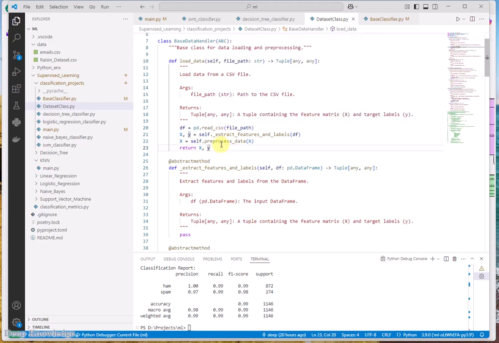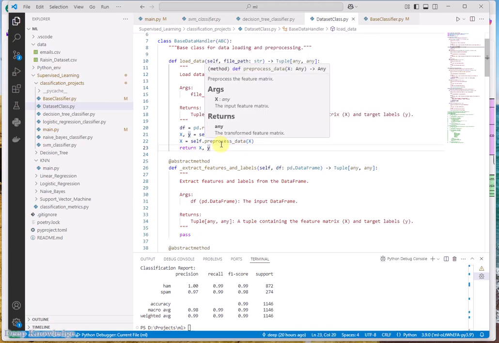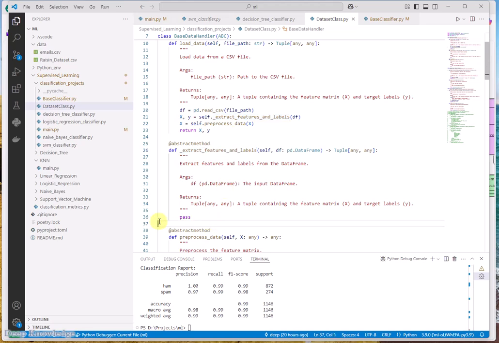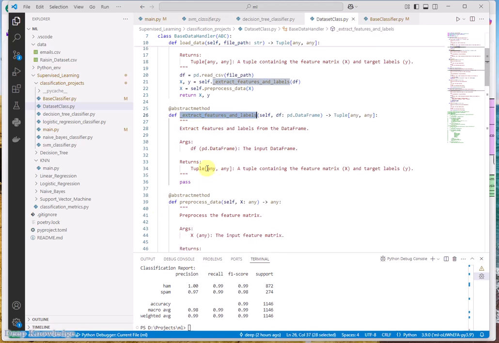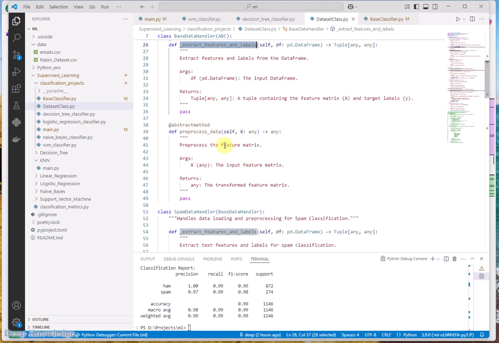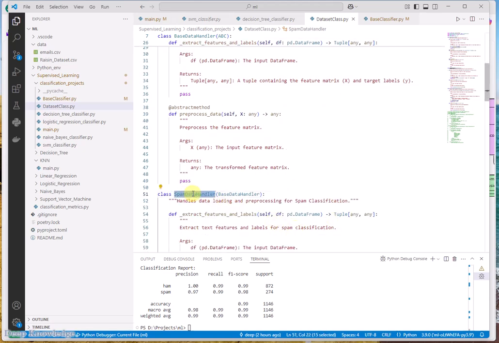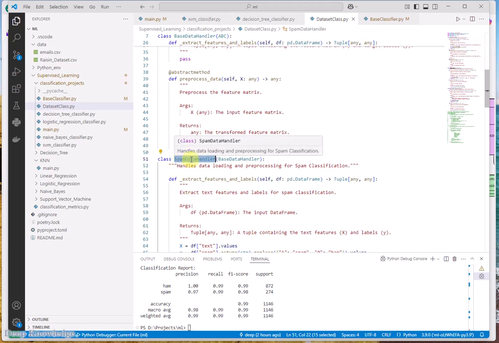If the data has different pre-processing or different post-processing or different functionalities, you just need to add the functions, add pass, and these functions will be redefined, or let's say overwritten, in the derived class. Let's have an example. For instance, I have the spam data handler, which is inherited from this, inheriting all of these functions. And now, as you can see here, the extract function will be overwritten,